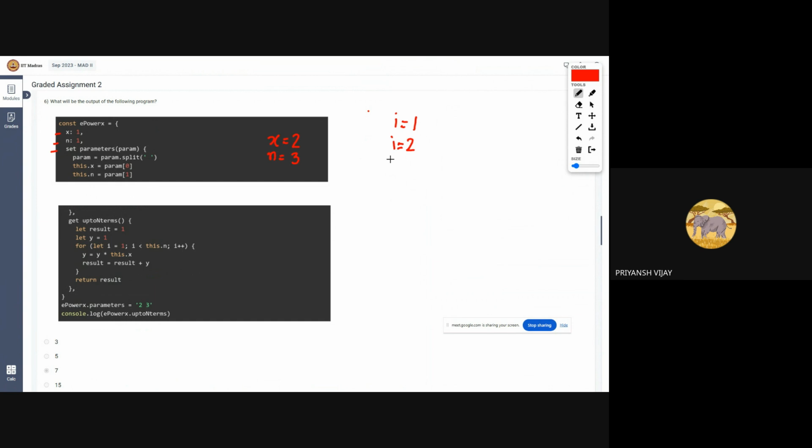So initially y is 1. After this, y equals to y into this dot x, 1 into this dot x. So what is this dot x? This dot x is 2. So 1 into 2, and the result equals to 1. So after this first iteration, this is 2. So the result will become 1 plus 2, that is 3, and